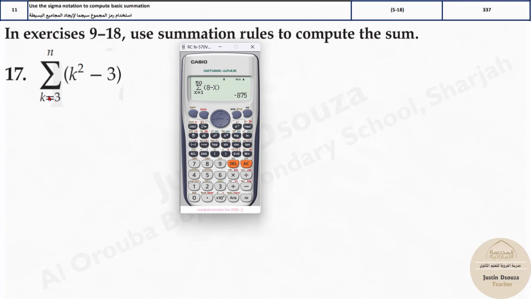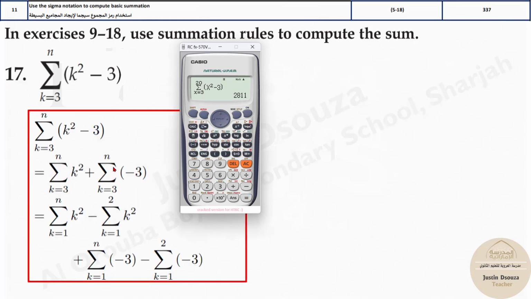It starts at k equals 3 and ends at n, which is not known. And over here, it's k squared minus 3. So let's write it out. Shift and log base symbol, you get this summation. Alpha x squared. Why did I put x instead of k? Because k is the limit over here. x squared minus 3. It starts at k equals 3 and ends at n, which I do not know, but I'll just assume a number. Don't assume a big number. Don't take 100 or something. I will just take over here, say 20. You can take 10, doesn't matter. Okay. And the answer over here is